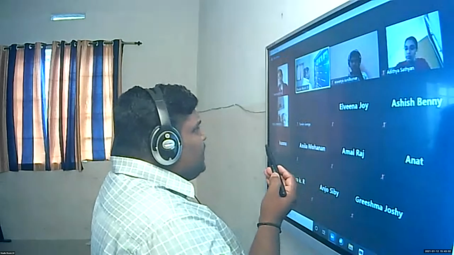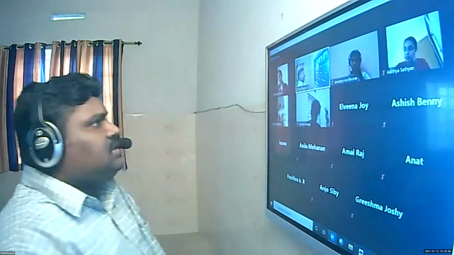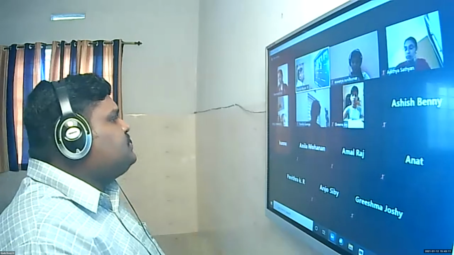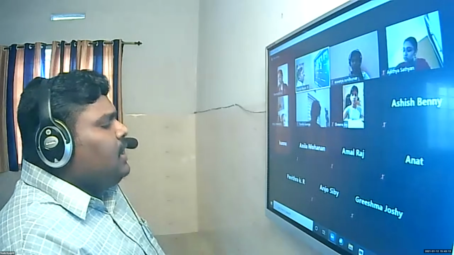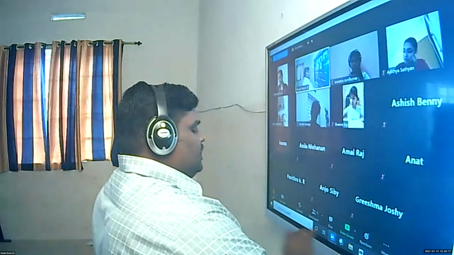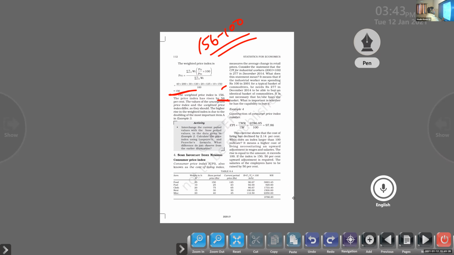Please check, observe that in the table. You are able to find that the highest change we observe is in commodity A. Its price relative has changed to 200. That's the answer here. 200 is the price relative here. So we can easily say that this is the commodity with the highest change in price. The higher rise in the weighted index is due to the doubling of the most important item, A.